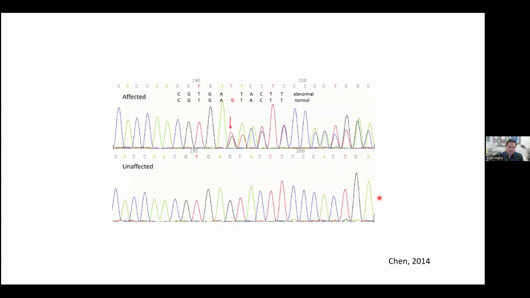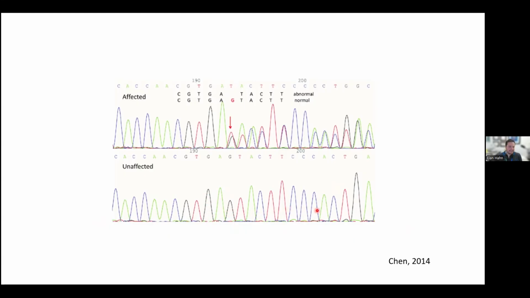This is a condition called Dowling-Degos disease, and it's an analysis of the specific gene POFUT1 gene family. I chose this example to show what a one base pair deletion looks like by Sanger sequencing. So this is the unaffected individual. Essentially, this is the reference for this gene, for this area. And as you can see, it goes